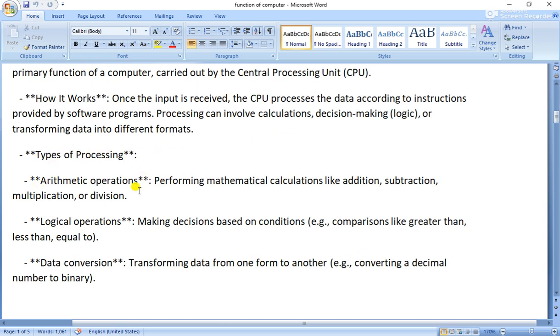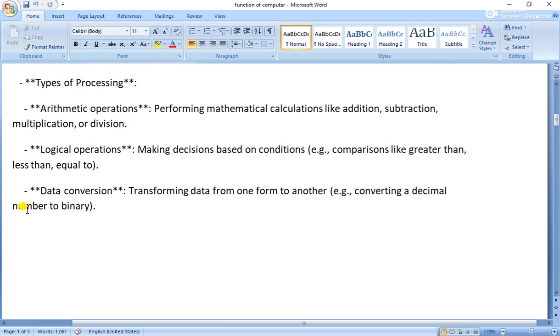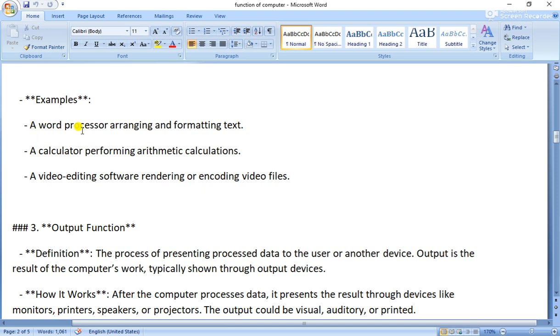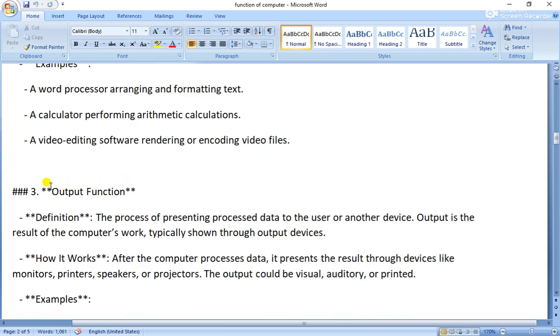Types of processing: arithmetic operations, performing mathematical calculations like addition, subtraction, multiplication or division. Logical operations, making decisions based on conditions, that is comparisons like greater than, less than or equal to. Data conversion, transforming data from one form to another, that is converting a decimal number to binary. Examples: a word processor arranging and formatting text, a calculator performing arithmetic calculations, a video editing software rendering or encoding